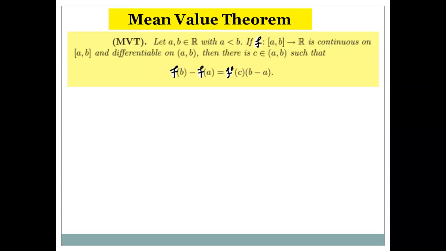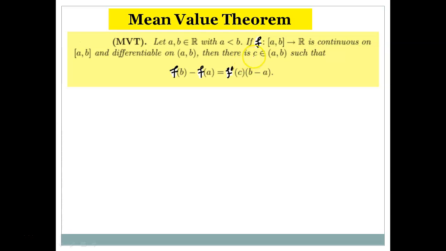So first we see the statement of the mean value theorem for a function of a single variable. The statement is like this. If we have two real numbers, suppose a and b, where a is less than b, and we define a function f from the interval [a, b] to the set of real numbers. If this function is continuous on [a, b] and differentiable on the open interval (a, b),